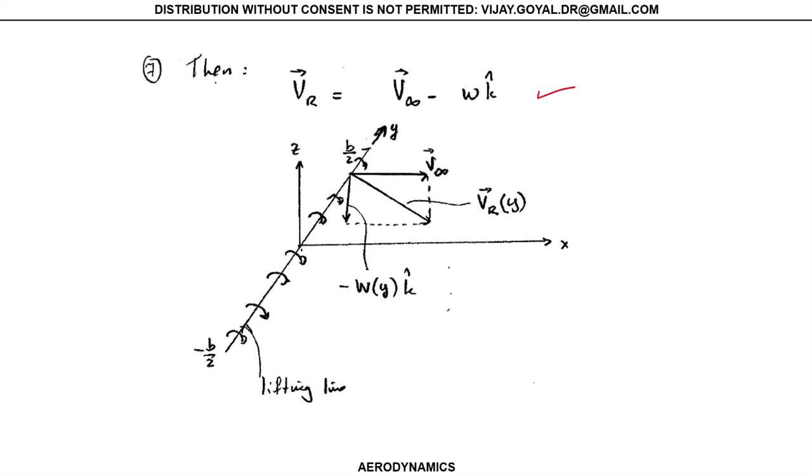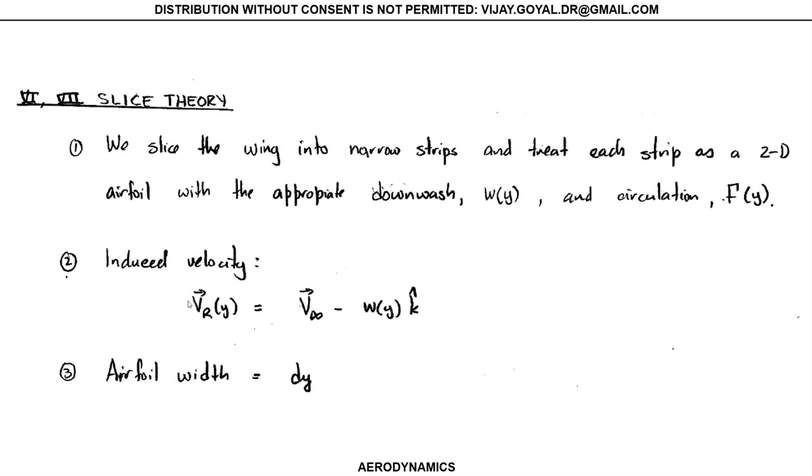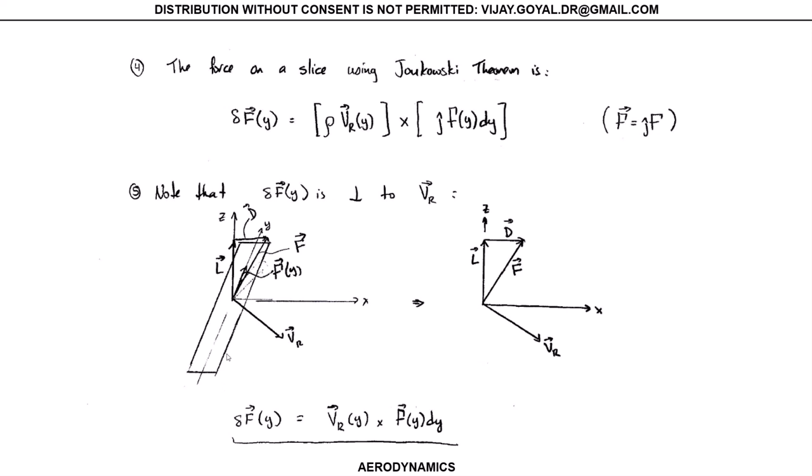So once this is done, we know that for the airfoil width, we take what we call slice theory. So I can take this sheet, and I can take a small slice. So I take a slice here and here and call it dy. Okay, so this is the dy width that we are talking about in the airfoil. So as we move on, and I take the slice and I'm moving, and I have